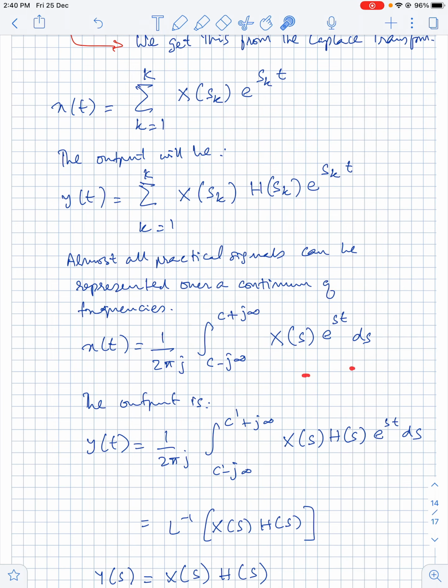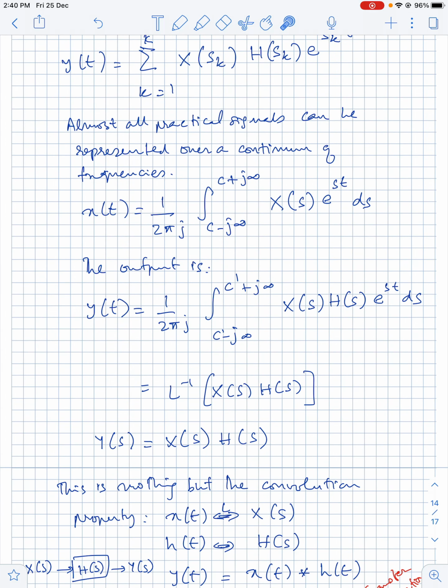Now this is nothing but the inverse Laplace transform. Just like you have the Fourier synthesis formulation, this is the inverse Laplace formulation, where you can use these complex exponentials and write x of t in terms of them. So now if you represent your x of t in terms of continuous linear combinations of e raised to st, because it is an LTI system, the output will also be 1 by 2j integral of X of s, which will remain unchanged, times H of s e raised to st ds,